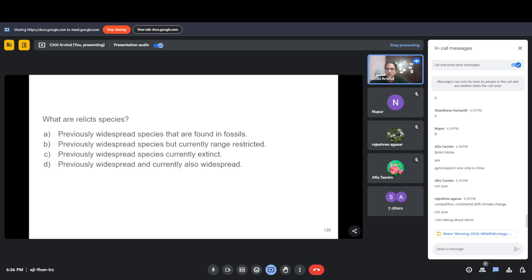So basically, relic species. Okay. So basically, I was just reading about ginkgo biloba, and it